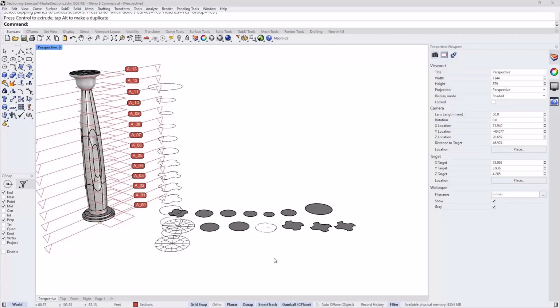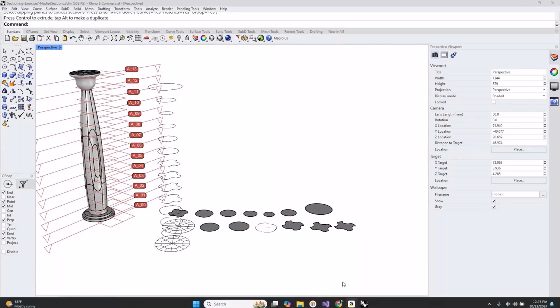With arraying this, is there a way to array it so that instead of just here's how many to array, I can say I want one every quarter inch, so that, let's say, if I was laser cutting them out? Yeah, I mean you can specify the distance. In the array command you can specify the exact distance in the z direction instead of doing it interactively. And the overall length of your model, you just roughly can judge that you need 20 or 30. And even if you have some extras, you can delete them. But yes, you can specify the distance.